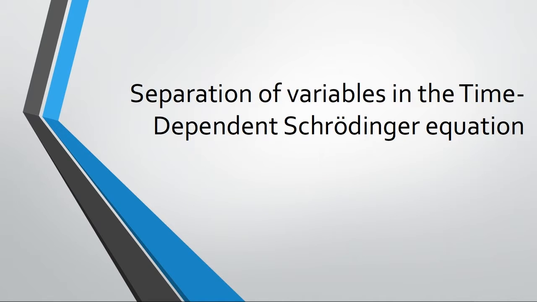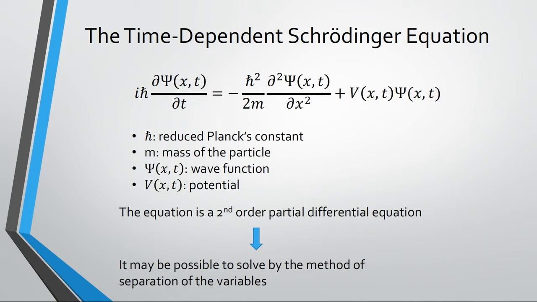Hi, this is a video about the separation of variables in the time-dependent Schrödinger equation. So if we start by just looking at the time-dependent Schrödinger equation, there are a couple of things to notice. First of all, both the wave function and the potential are functions of both position and time. And secondly, because this is a second-order partial differential equation, it may be possible to solve this using the method